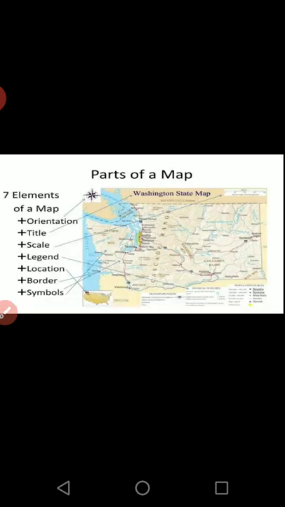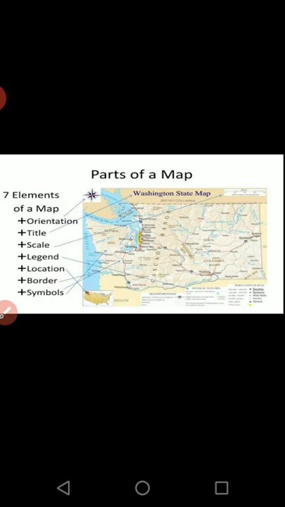Now the parts of the map. Every map has these different parts. Here, orientation means it will have the direction. On every map you will find there is a direction given, north. Title, every map will have a title. Scale, every map will be made with the help of a scale. That means not the scale which we are using and all. They decide a scale, right?